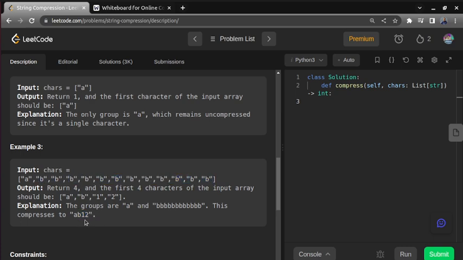But while inserting them in the array, we need to put 12 separately, meaning 1 and 2 should come separately. And if there is only one character, let's say A, at that time you should not write A1. It should be only A. So these are the two small conditions that we need to take care of.